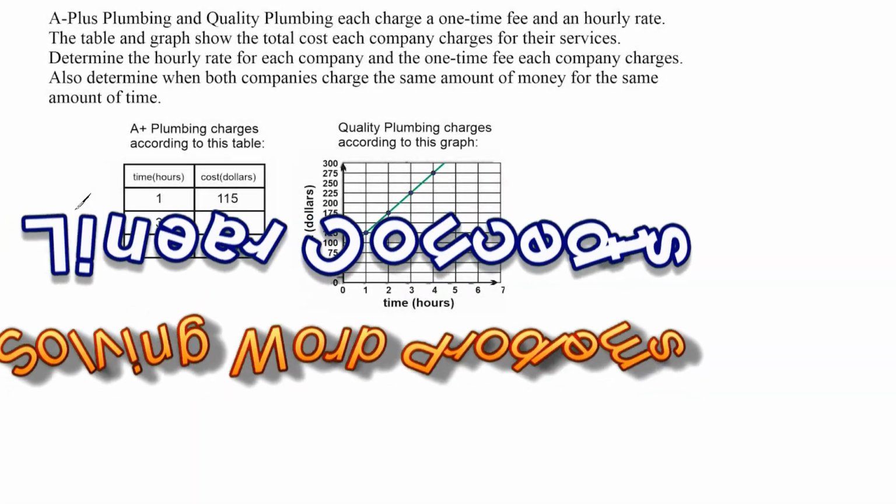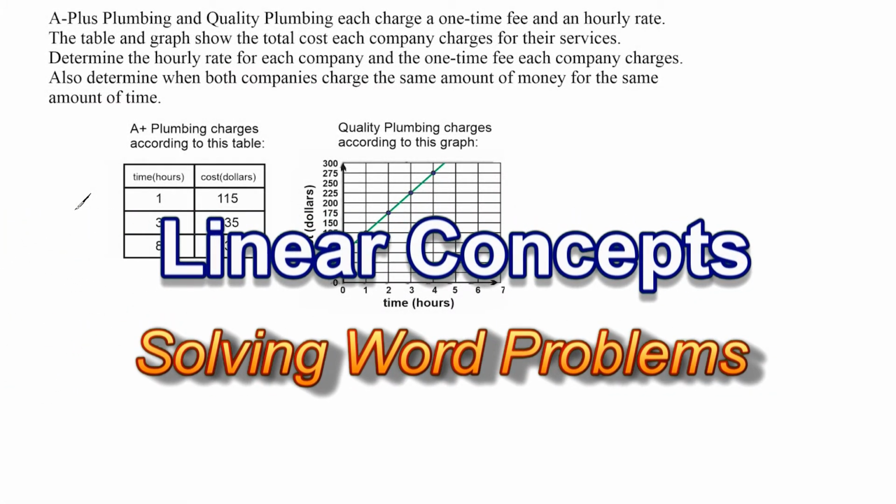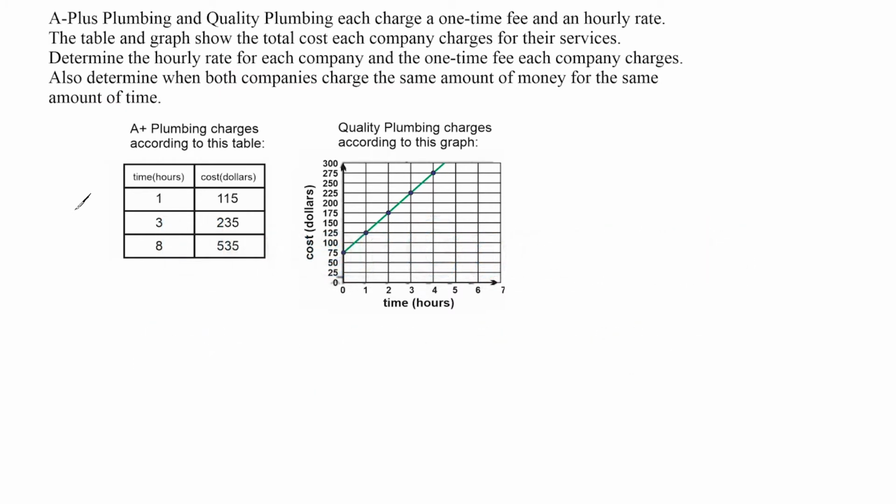Hey, this is Mr. Masonette, and what we're going to do is practice solving a word problem that involves linear concepts. More specifically, we're going to look at the concepts of slope, the y-intercept, as well as a system of linear equations. So this problem reads that A+ Plumbing and Quality Plumbing each charge a one-time fee and an hourly